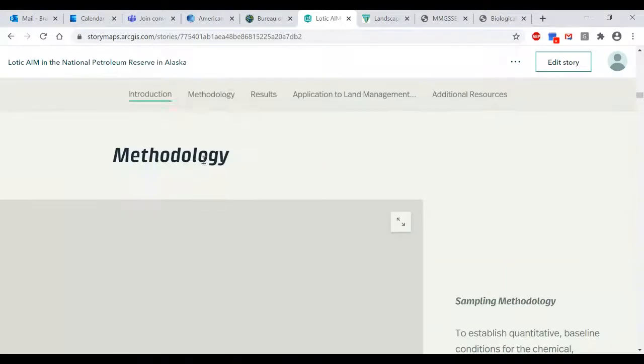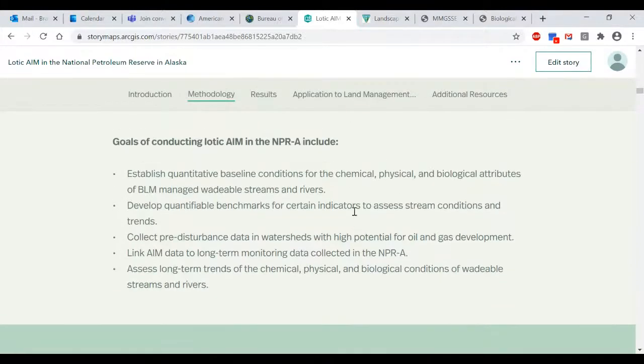A couple goals for this project in the NPRA were to establish quantitative baseline conditions for the chemical, physical, and biological attributes of BLM managed wadable streams and rivers. And then we also wanted to collect pre-disturbance data in watersheds with high potential for oil and gas development, which is one of the main things that drove this project and led to data collection up there.